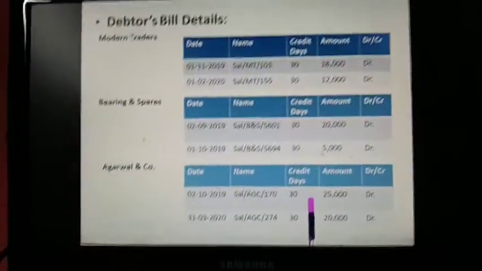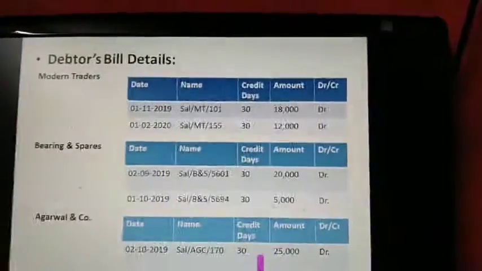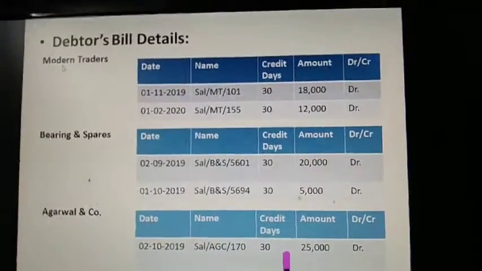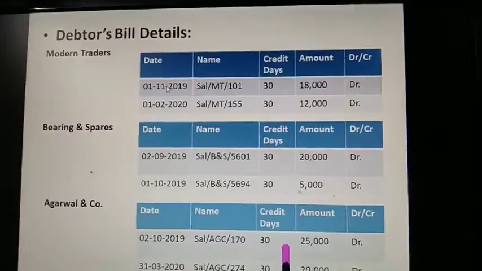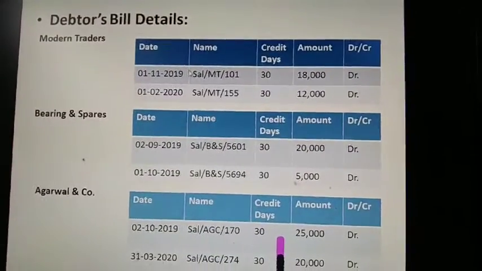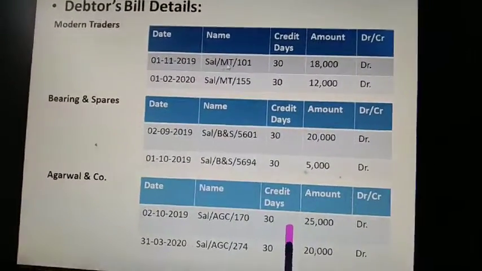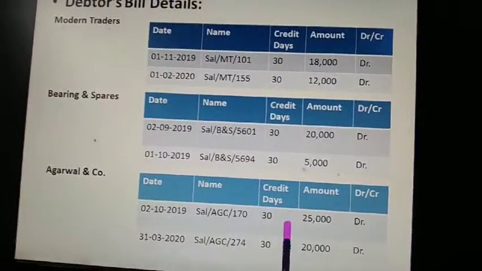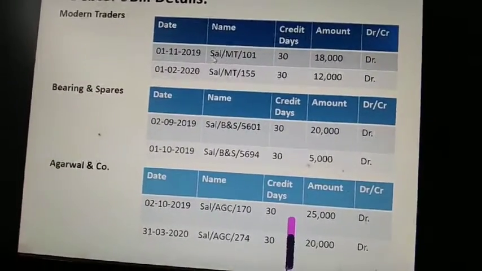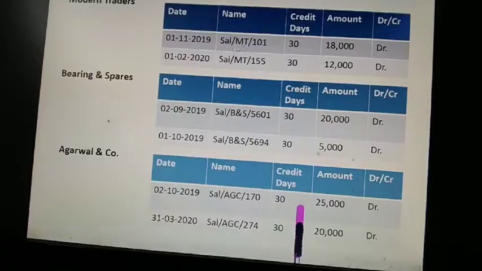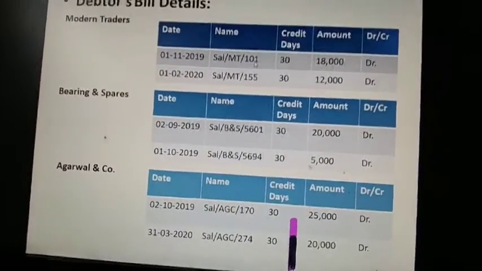So next, these are the debtors' bill details. So first debtor, Modern Traders, their bill date, 2 bills are pending. Bill names, here MT is nothing but Modern Traders. SAL is short form of sales, and their debtor's name and bill number.